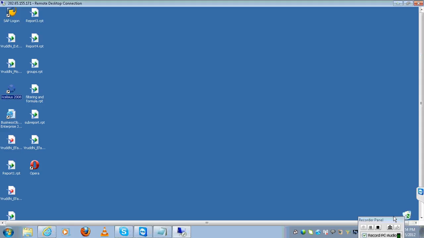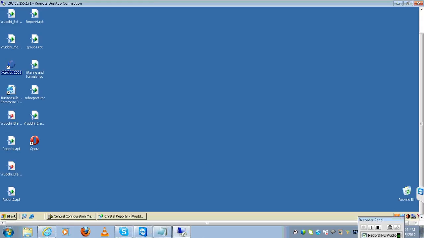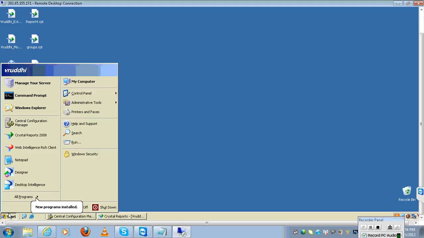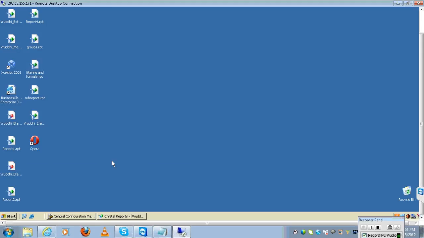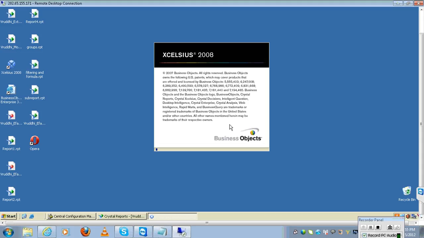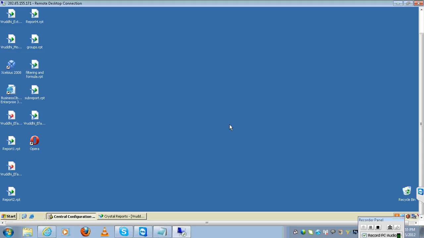I have placed the icon. Or if you want, you can go to the start menu and pick that client tool from there also. Like a Crystal Report client tool, we need an Xcelsius client tool. I placed the shortcut on the desktop. The home page window of your Xcelsius